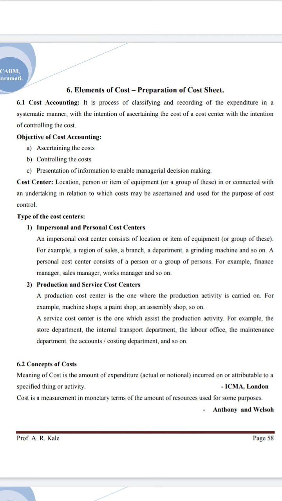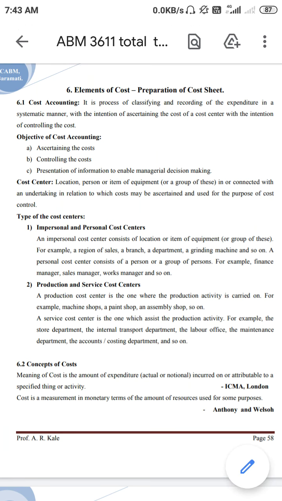Second one is the service cost center. A service cost center is one which assists the production activity, such as the supervisor, which is not directly involved in the production process, but assists the production activity. For example, the storage department, internal transport department,